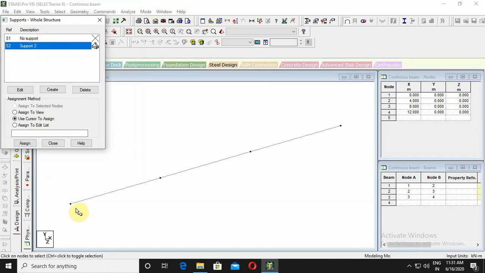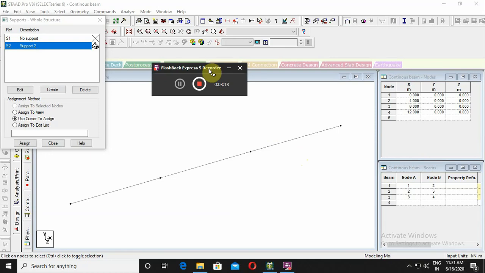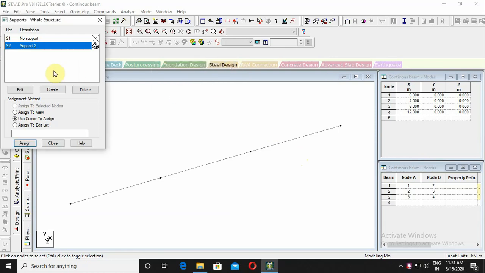Automatically the node cursor will come here. How to identify that the node cursor is on: besides the arrow, some node is shown.